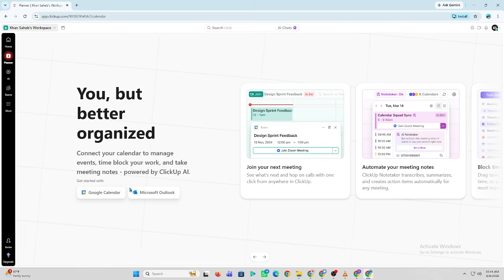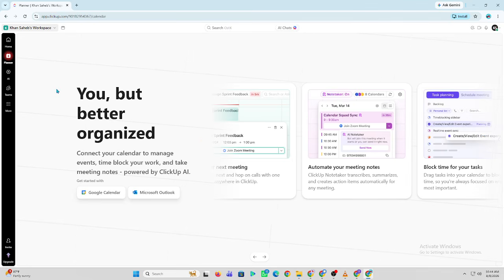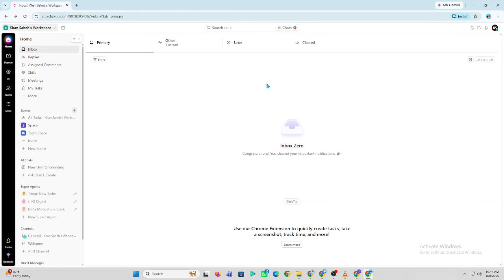Finally, combine ClickUp AI with your existing workflows, automations, and task management tools to maximize your productivity, and that's how to use ClickUp AI. By combining AI-powered assistance with your daily workflow, you can save time, improve collaboration, and manage